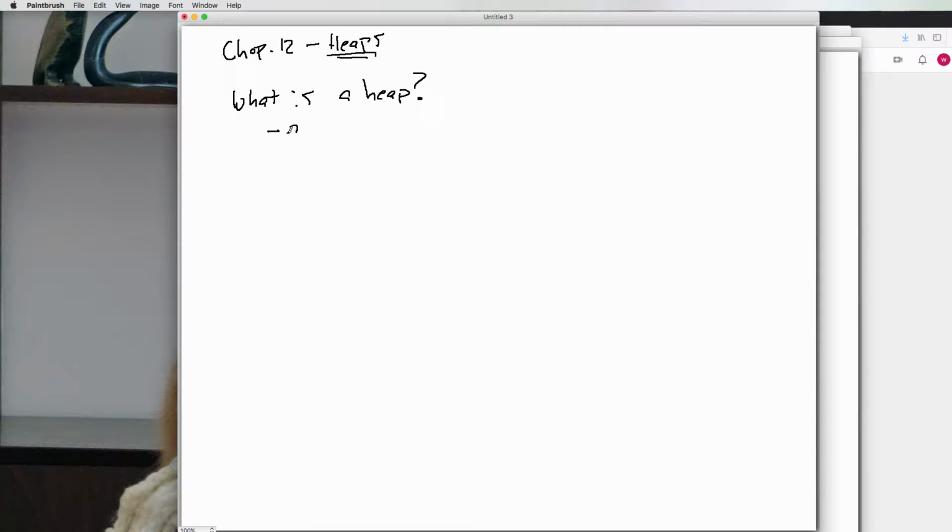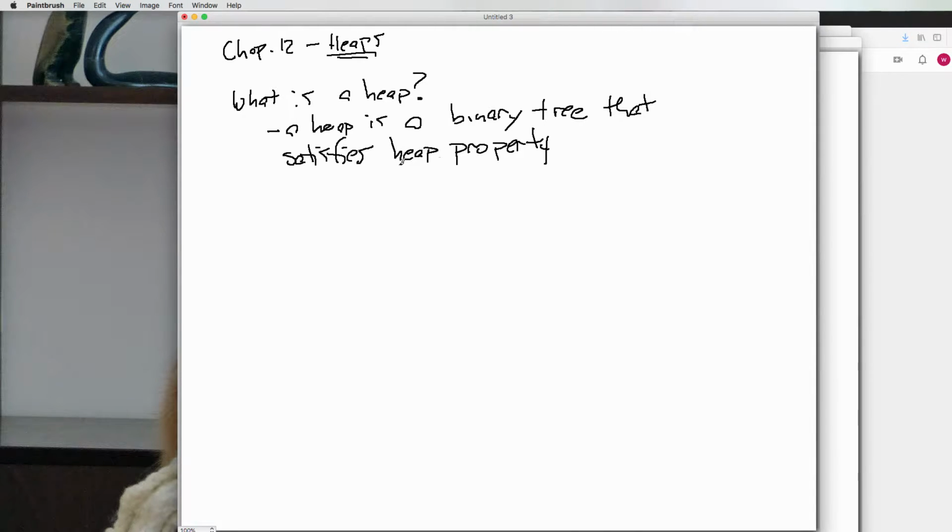Well, first of all, a heap is a binary tree, so you should all like that. That satisfies the heap property. And you go, okay, what is the heap property? Actually, it's two properties. So I'm going to say A